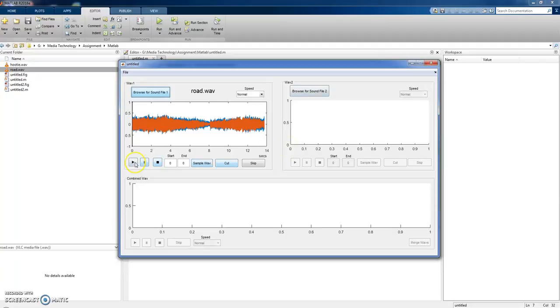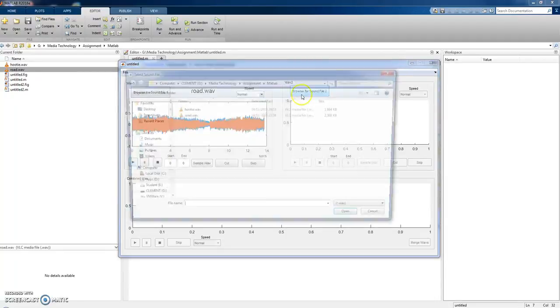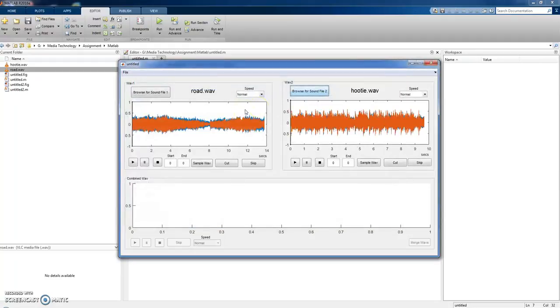So playing the first imported track in full. And then import the second WAV file and play it in full. Okay,